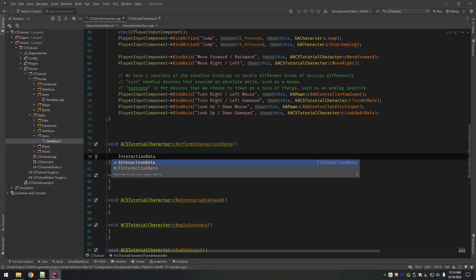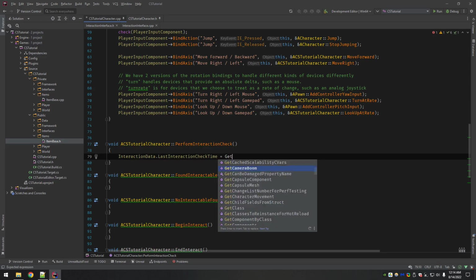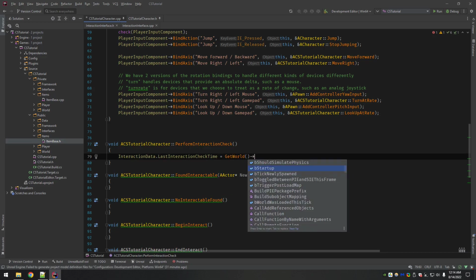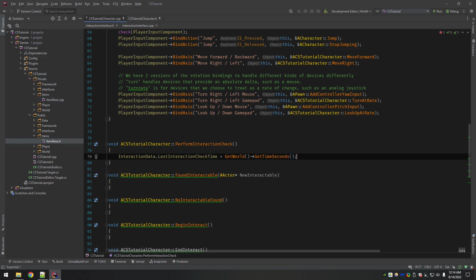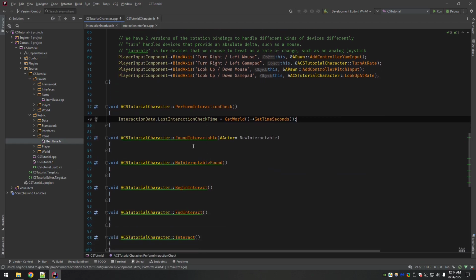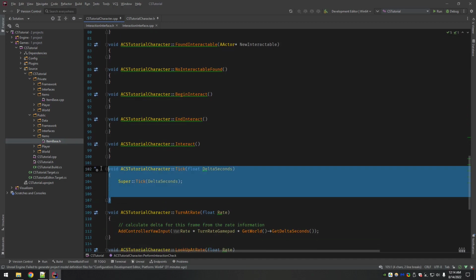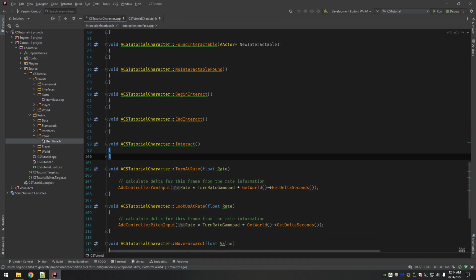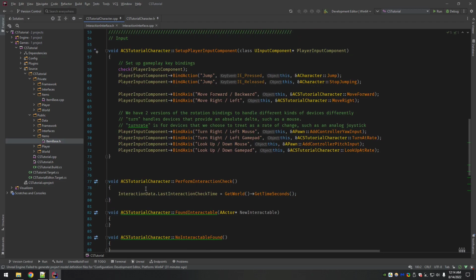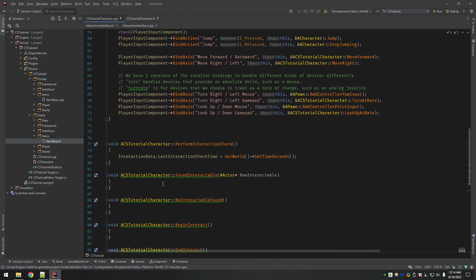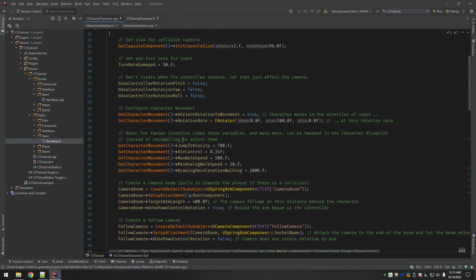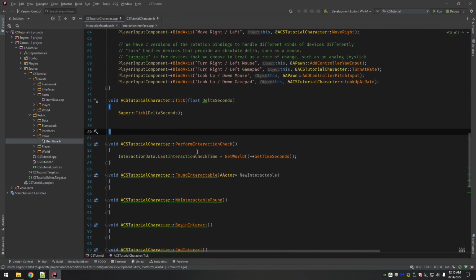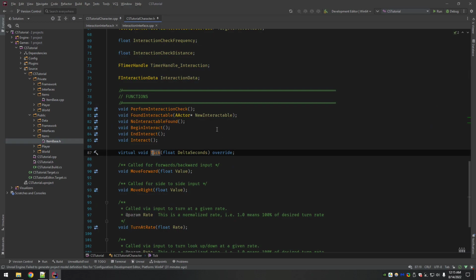So the first thing we're going to do, we're going to set in our interaction data our last check time. This one is going to be get time seconds. Because like I said, we're going to come down to tick, and let me move this actually. I want this, just my personal preference, I like tick to be right up at the top near all the setup stuff. And you know what I just realized? Begin play is also missing.